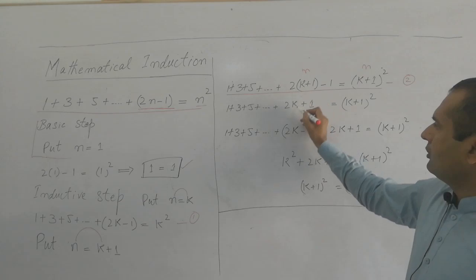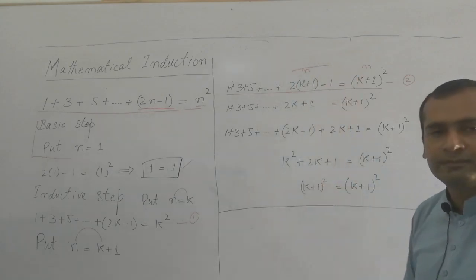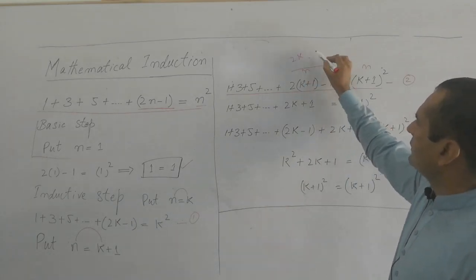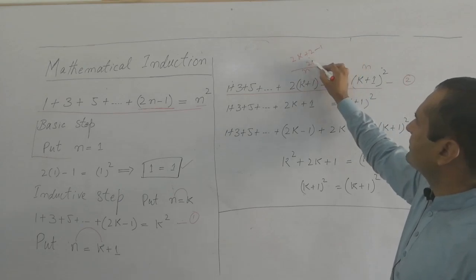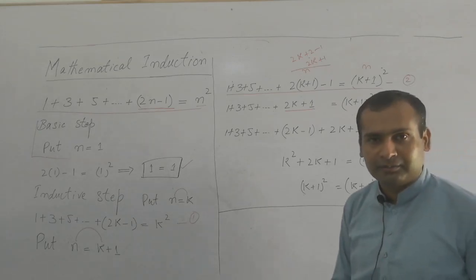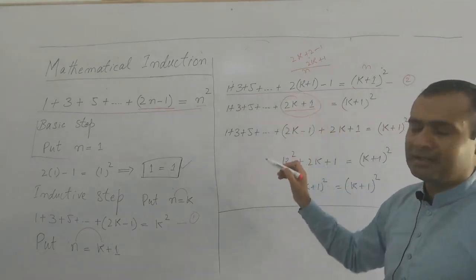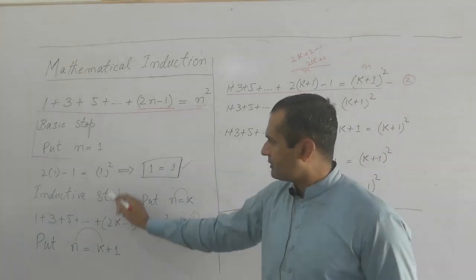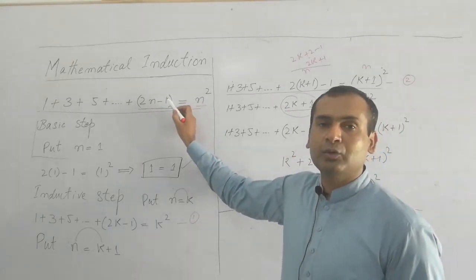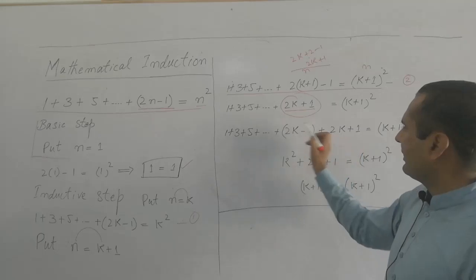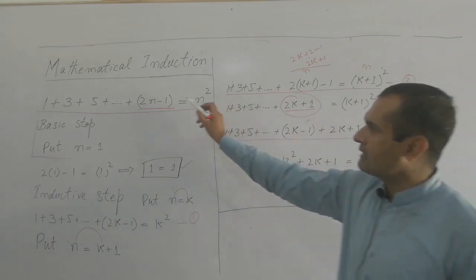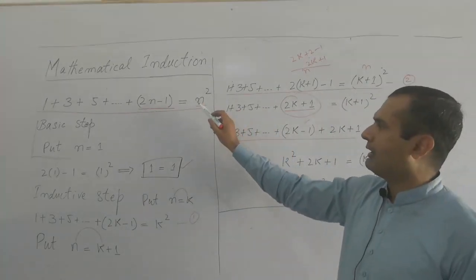Then we need to resolve this one. Why? Because we need an inductive step. If you solve this, you will find that it is simply equal to 2k plus 1, which I have written over here. So this is the next term, or the next value, in this sequence. Why? Because if we follow this sequence, the next value of this sequence will be 2k plus 1.